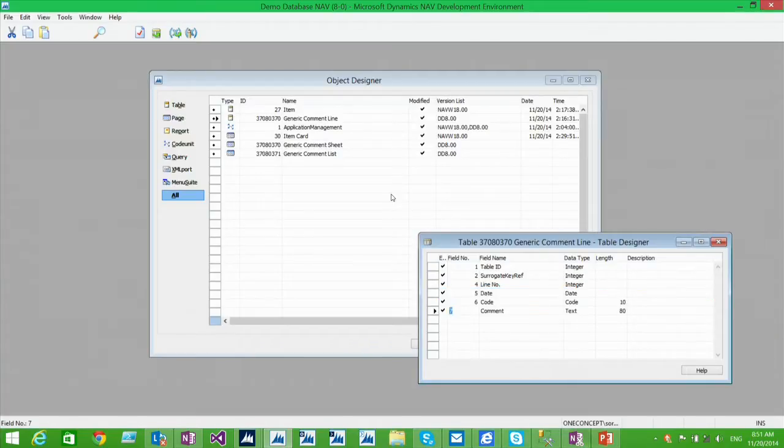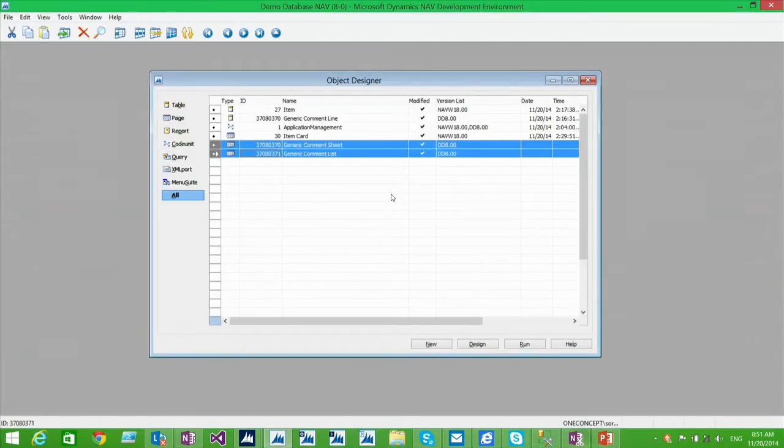So, based on that, I have created my two standard forms that any comment table has. I'm not going to go into that. You probably all know that. You've probably created comments on lots of your modifications anyway, where you basically take the standard Microsoft code and redo it to fit your application.